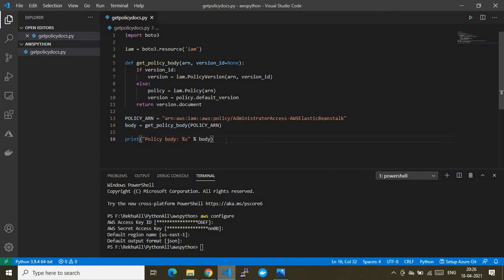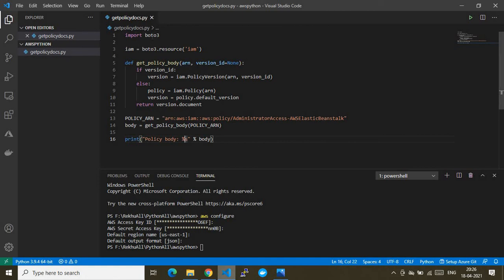In Python the print statement is very simple: it's print, and in the brackets we give it in double quotation marks, and the output we merge in the format of %s and body. So that's it, it's simple, right? Let me reiterate.